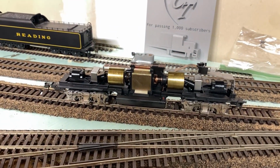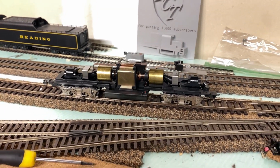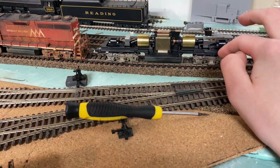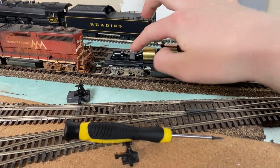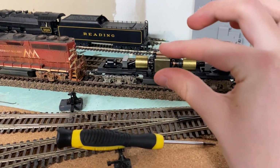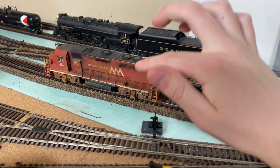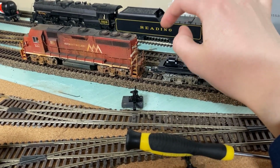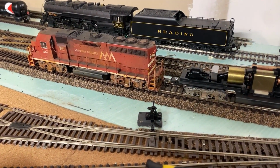So that'll disable the motor, but then we can take those contacts, and then we got to figure out how to connect them to my powered GP40. So this is the idea. This locomotive still has power pickups, so it's sending the power to the frame and to these contacts. So if I wire those up into a little 2-pin package that is small and convenient and can sit on top or below the coupler, and if I wire this locomotive to have the pickups also come from that little connector, I can put this locomotive together with this one, and it is still only a single powered unit, but it's